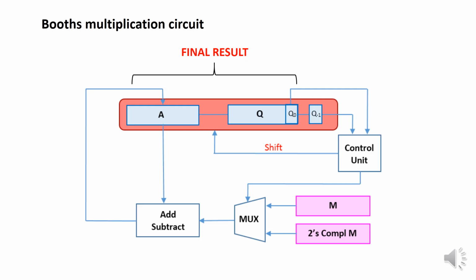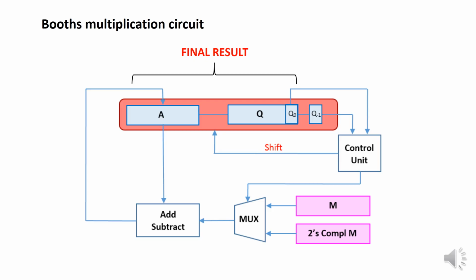And this is the flow diagram converted into a hardware circuit. Let's explain it. This is the accumulator and this is the multiplier. This is the bit Q0 and this is the bit Q-1. Depending on the value of the pair of bits Q0 and Q-1,